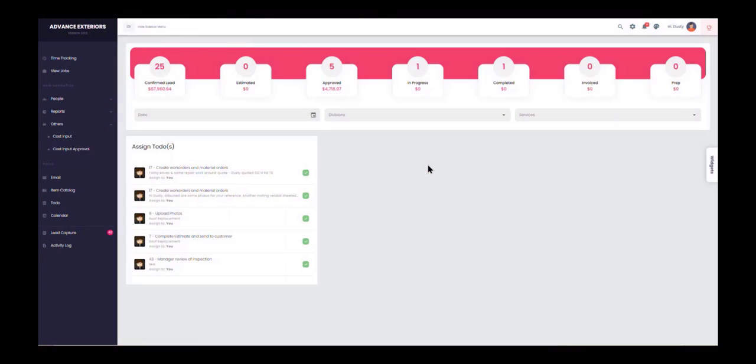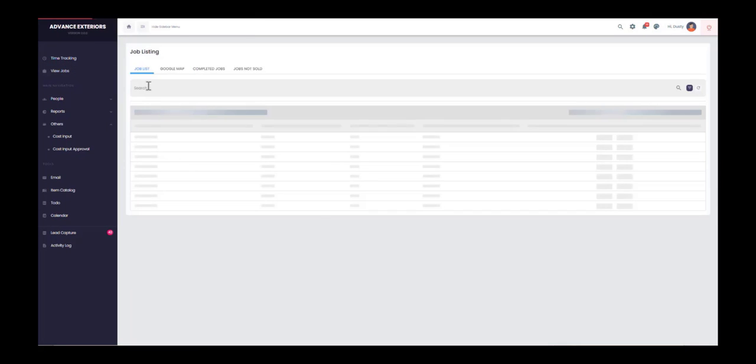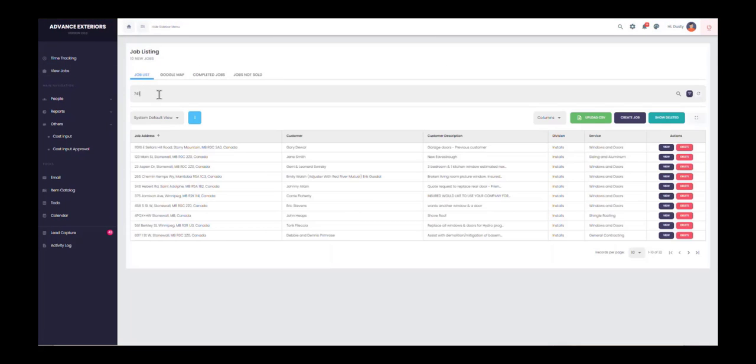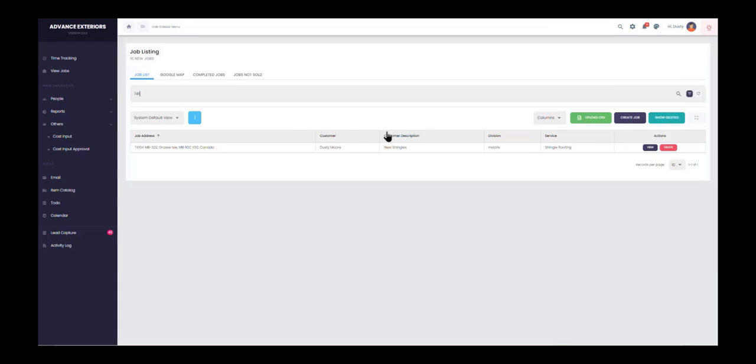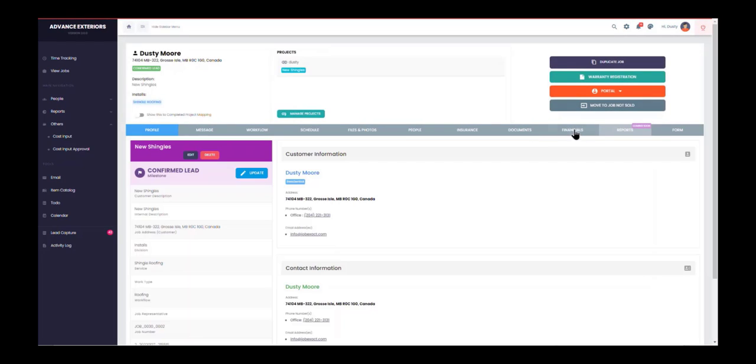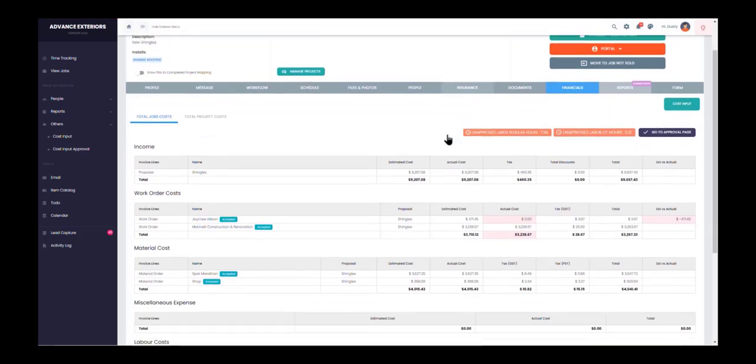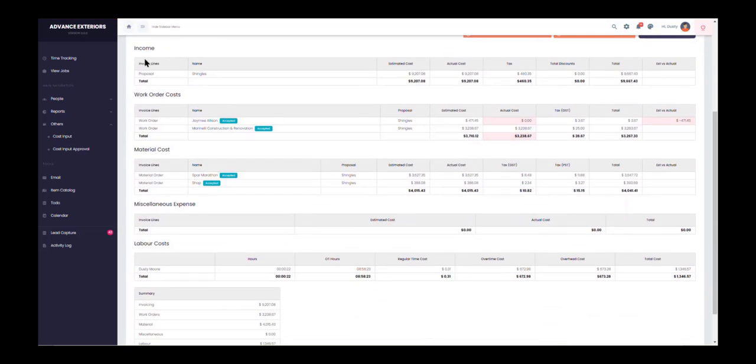One of the things you're going to love most about JobExact is its ability to view job financials and give you a really accurate picture of exactly how your jobs are doing. Simply go into the job window, go to the financial section, and here you're going to get a list of all the income associated with the jobs, which are going to be all your approved proposals or change orders, any work order cost associated with the job that's been sent out, any material costs, so any purchase orders you've sent to suppliers, any miscellaneous expenses,